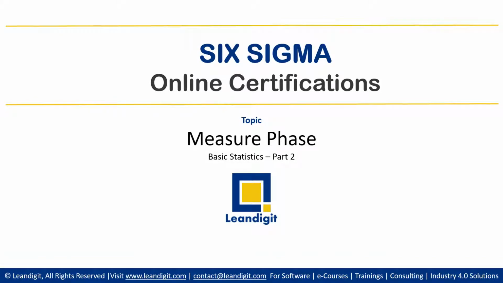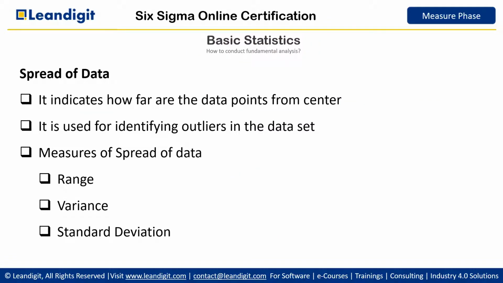We are on the topic Measure Phase, Basic Statistics Part 2. In this we will discuss first about spread of data. Spread of data means how far are the data points from the center. It is used for identifying outliers in the data set. So what are the points which are within the normal spread of the data, and which are outside the normal spread